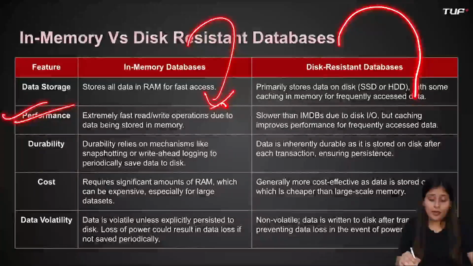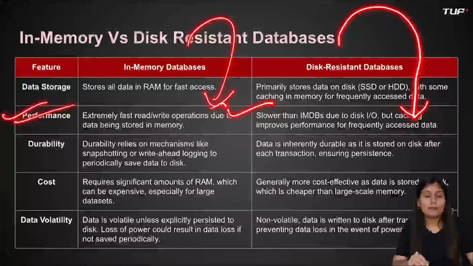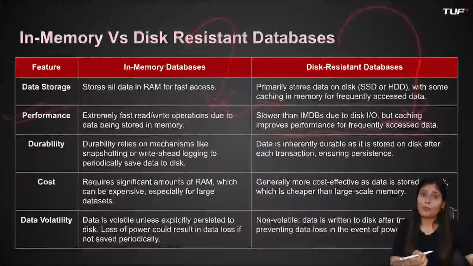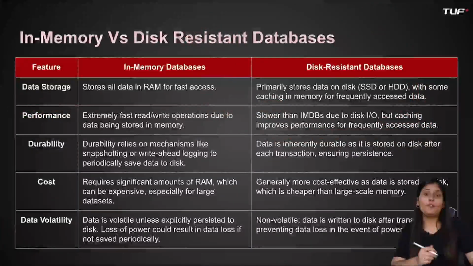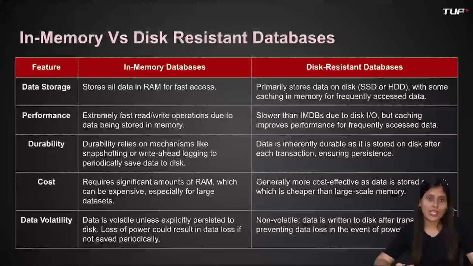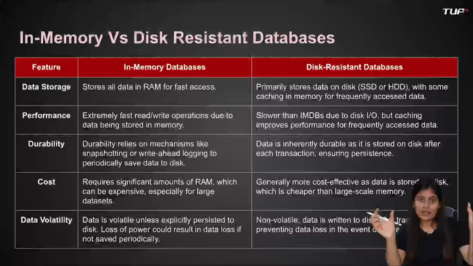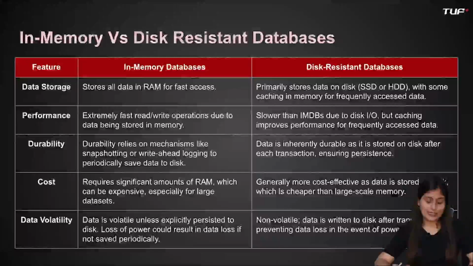In the case of a disk database, it is slower because IO in disk might overhead the system, but if we apply caching, then it improves the performance when the user only wants frequently used data which has already been saved in the cache. So again, no need to do read-write operations to disk. The cache can handle all those requests. So hence it will be equally valuable in this case.